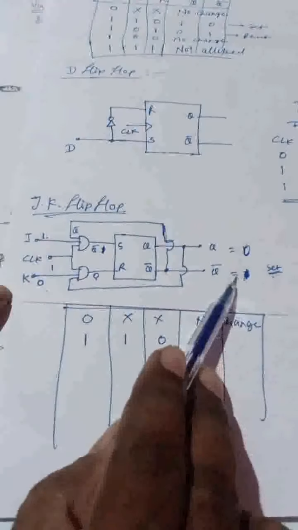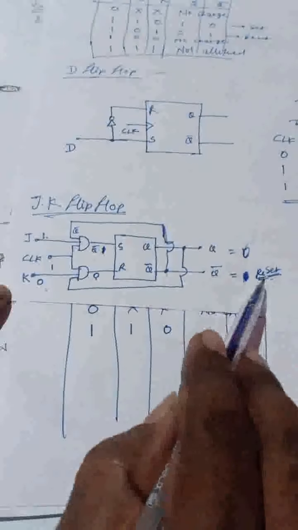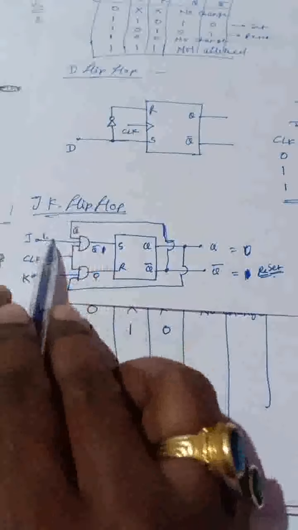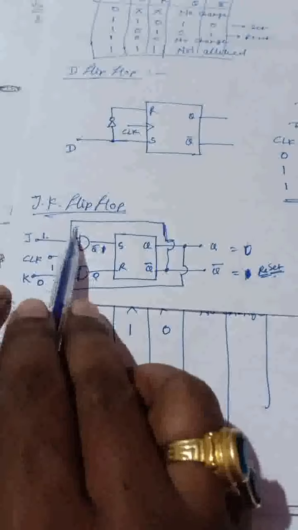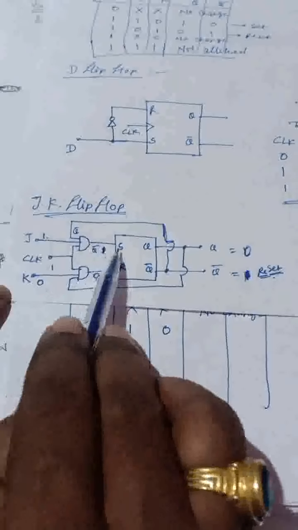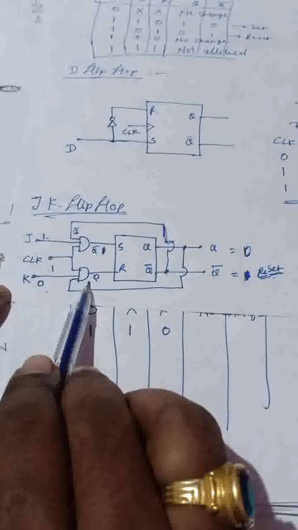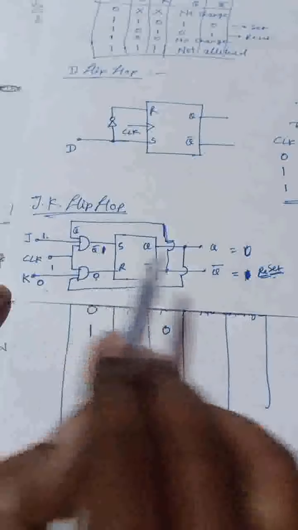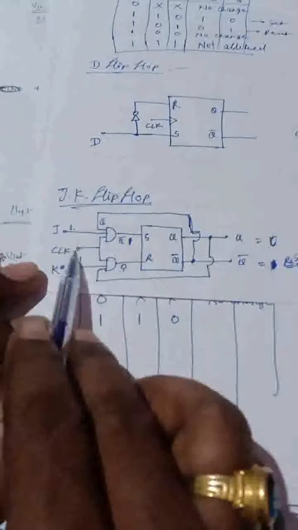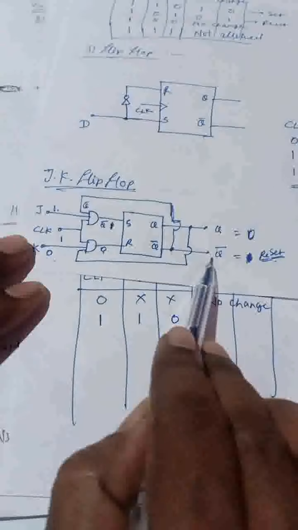So because of this one, that means previously the flip-flop is in reset condition. Therefore Q bar is 1, and this Q bar equal to 1 is applied here, so the output of the AND gate is also 1. So S1 R0, which is nothing but a set condition. What is the conclusion? If previously the flip-flop is in set condition, it remains in a set condition.